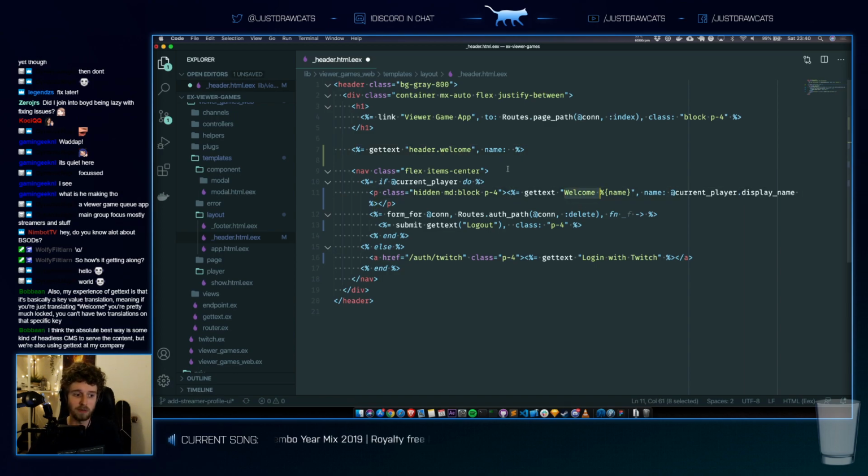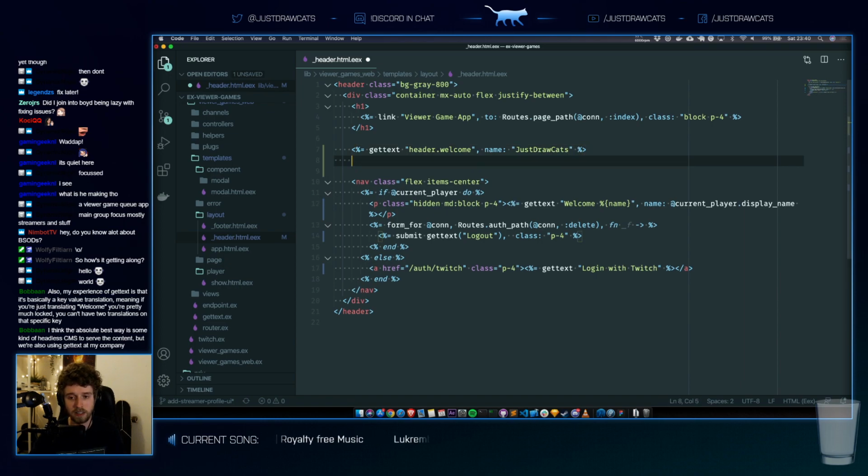So for example, if some other team that is doing the copy of this wants to change welcome into something like, yo, awesome, yo, player, then the translation shows welcome name, but it actually renders out something completely different, like yo player, and then insert name, right?